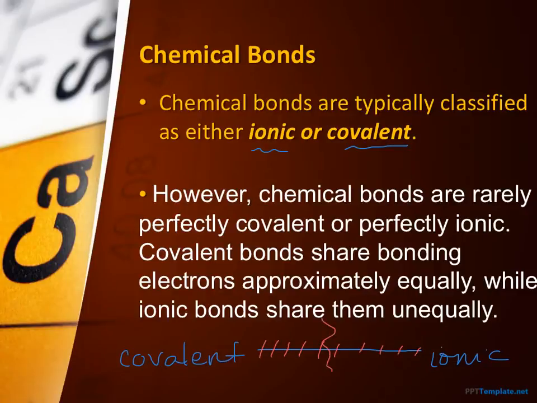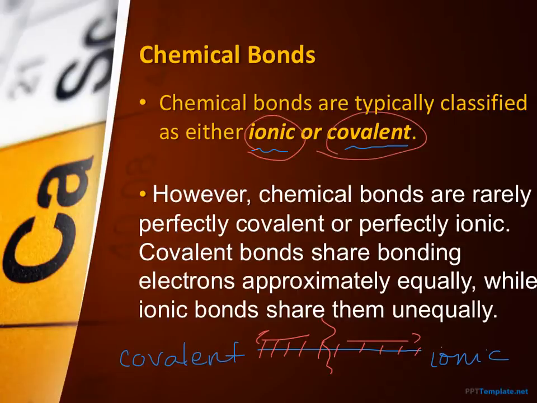Where chemists decide to divide it between covalent and ionic is somewhat arbitrary. So you'll have some books and chemists saying, oh, that's a covalent compound, and others saying, no, it's ionic. Some of them are a little iffy, but